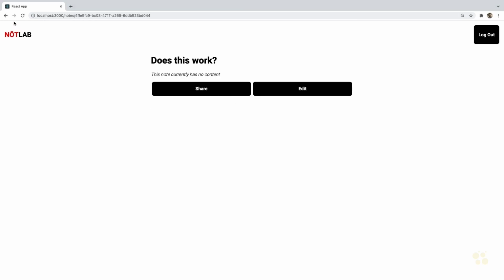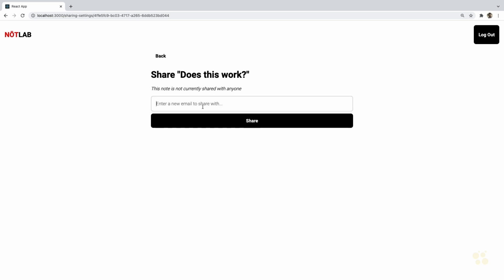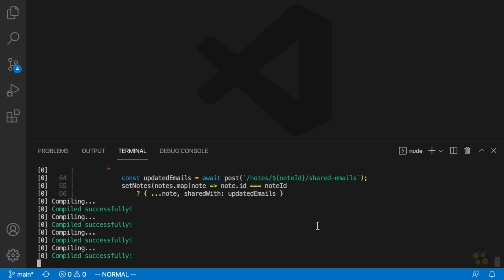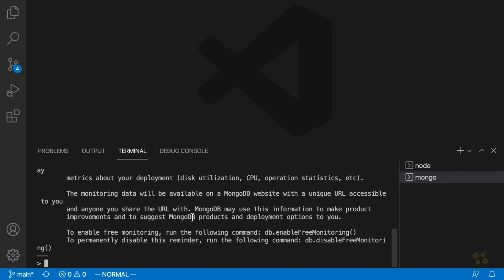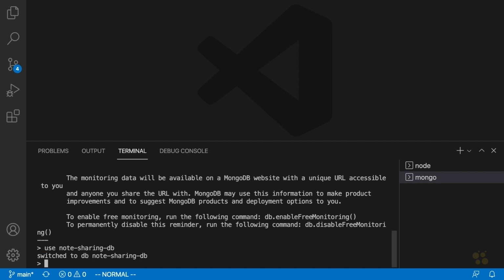We're going to open up one of our notes. We're going to click on share. And let's try adding some emails for this. So actually, let's take a look and see what accounts our application actually has. We're going to open up a Mongo shell by saying mongo, and we're going to use our note sharing DB, and we'll say